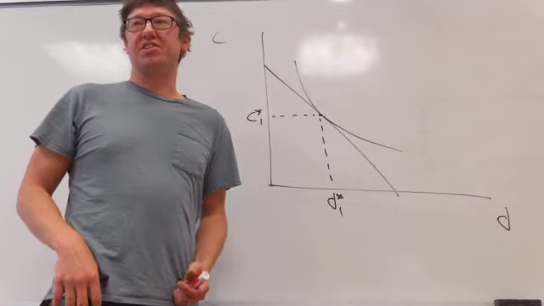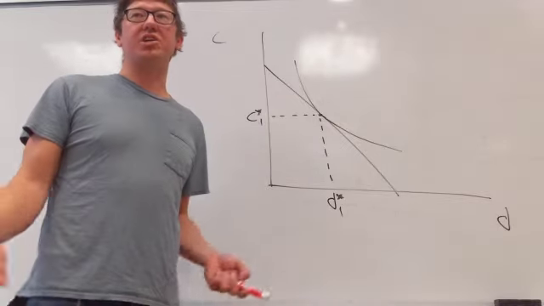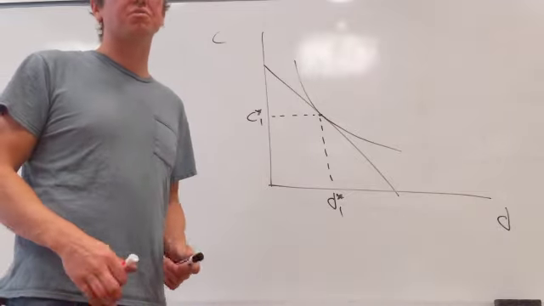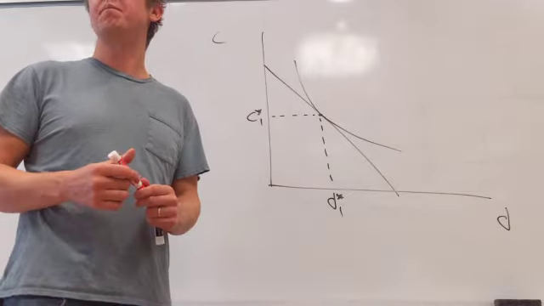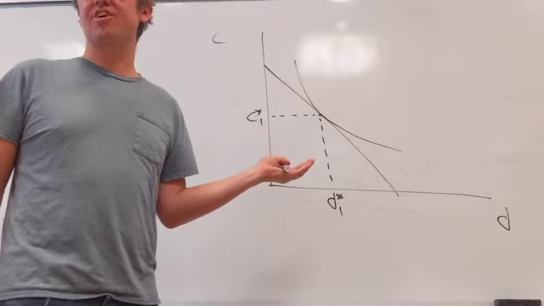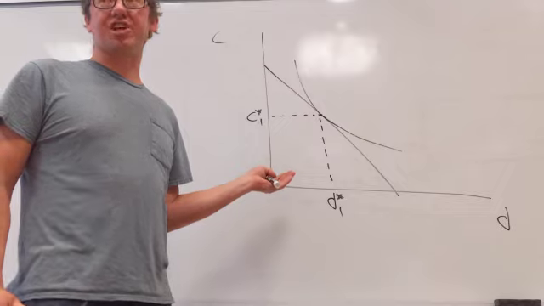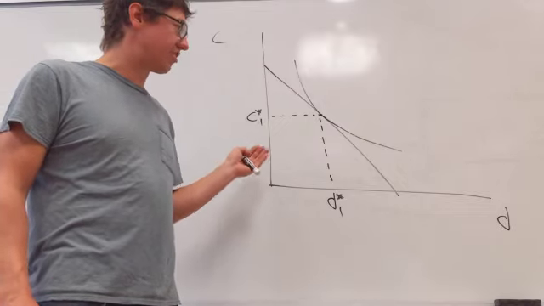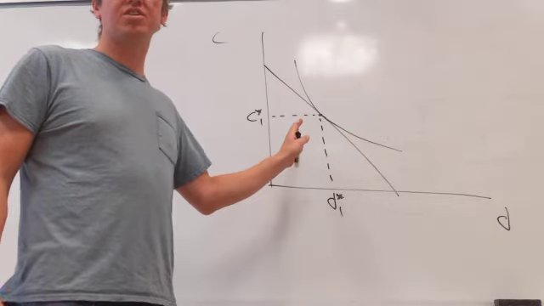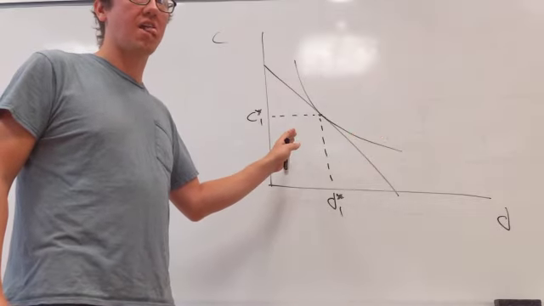They find $100 on the ground or something, or they get a raise at work, or their husband gets a job, or they have some positive shock to their income. What part of the model will change? The budget constraint. Finding $100 on the ground does not make you like coffee more or like donuts more. The indifference curve shouldn't change. The action's going to be with the budget constraint.